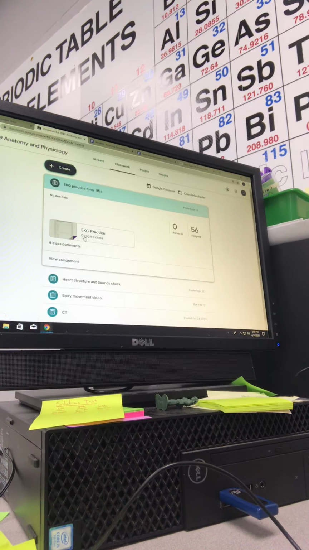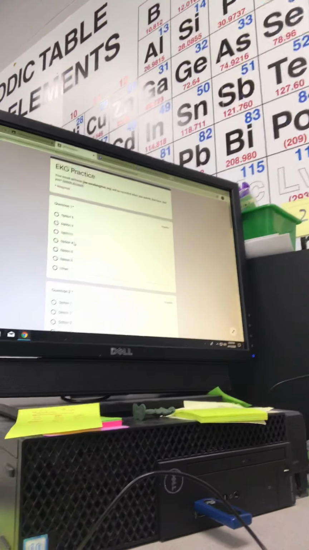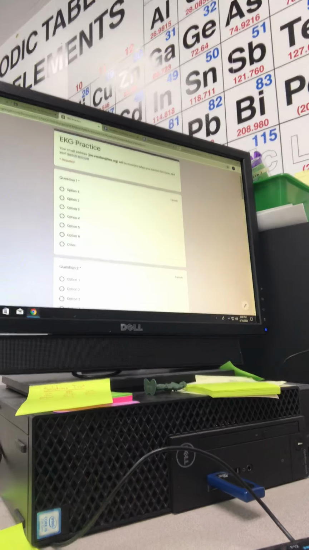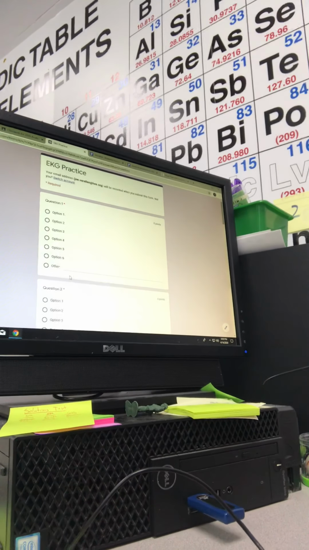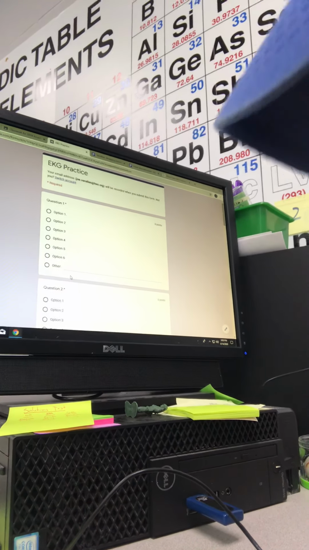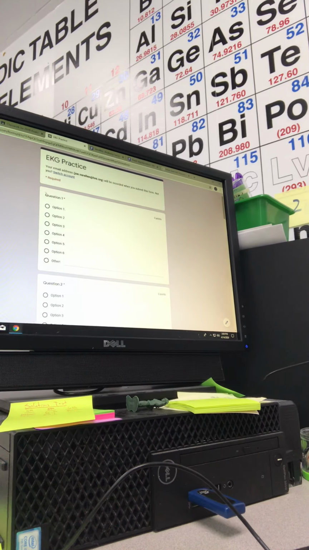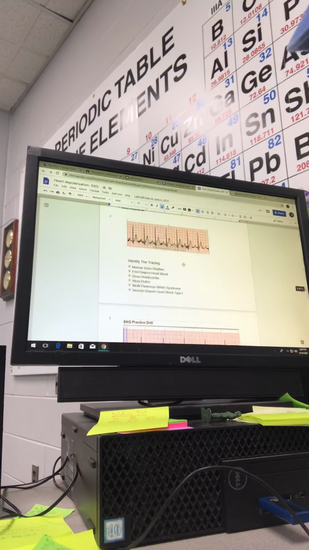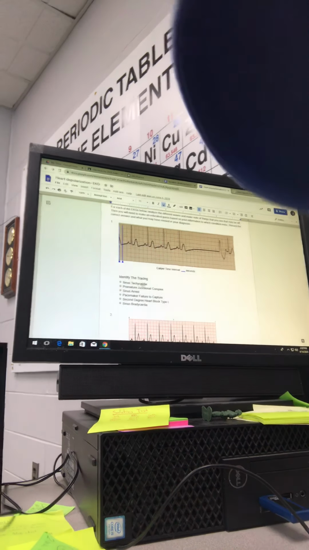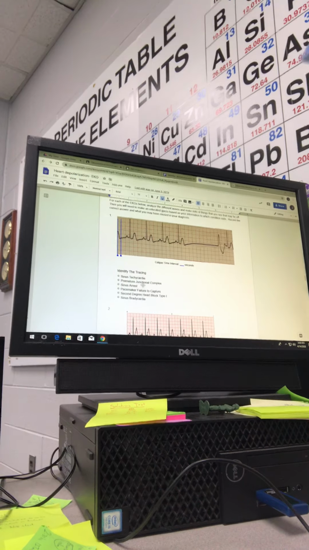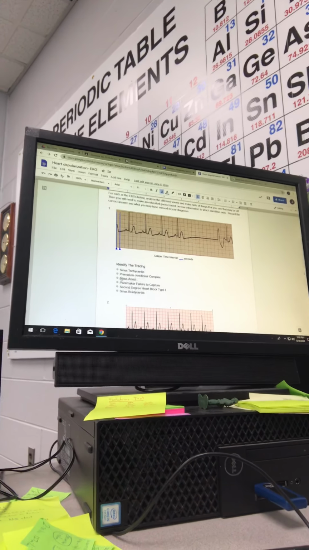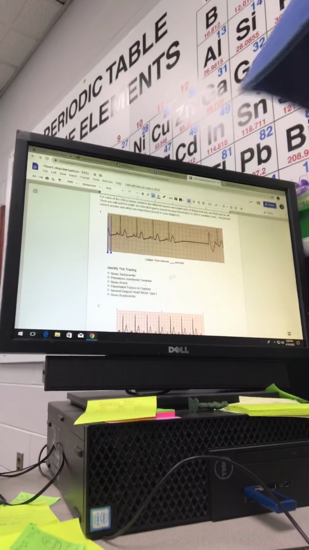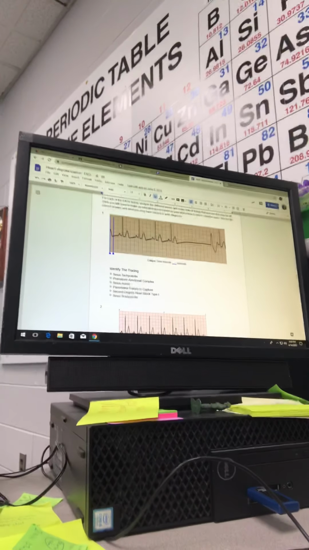EKG practice form. So this is where I've been getting a lot of questions from people. What the heck? This says question 1, question 2, but there's no question. My fault. I probably should have been a little more specific. My brain was ahead of me here. This means the answer. What answer did you get to question 1 on your practice? So if you go back to your question 1 on your practice, this is option 1, sinus tachycardia. This is option 2, premature junctional complex. Option 3 is sinus arrest. So which one do you believe it would be